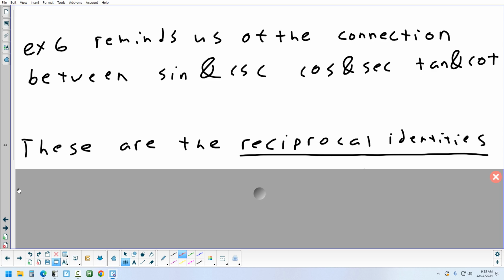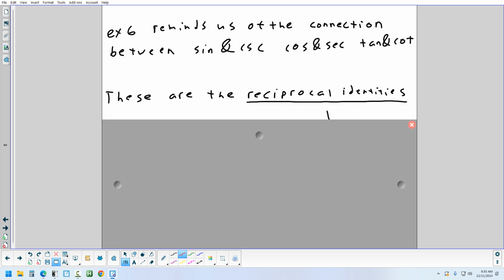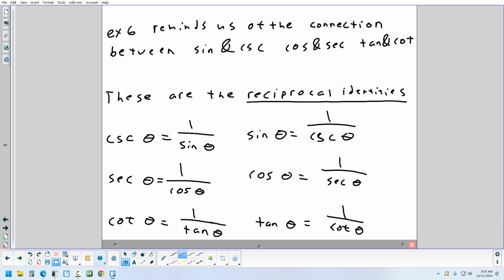And the 3 reciprocal identities that we've looked at so far are flipping sine to get cosecant, flipping cosine to get secant, and flipping tangent to get cotangent. Now, there's 6 equations on the board, but there are really only 3 different ones. Think of